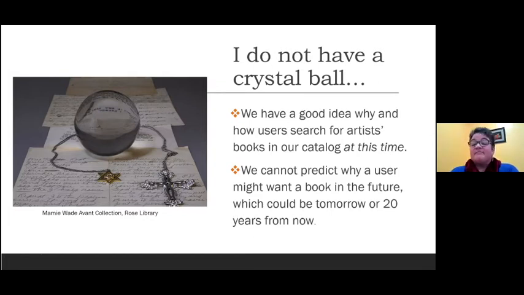I don't know. And the other thing when I catalog is that I want users to know what they're getting, sort of. I mean, I want them to know, is it in a big box? Is it a little box? Does it have a lot of pages? Does it have a few pages? I want them to be able to expect a little bit of what is going to come to their table when it's served up in the reading room.